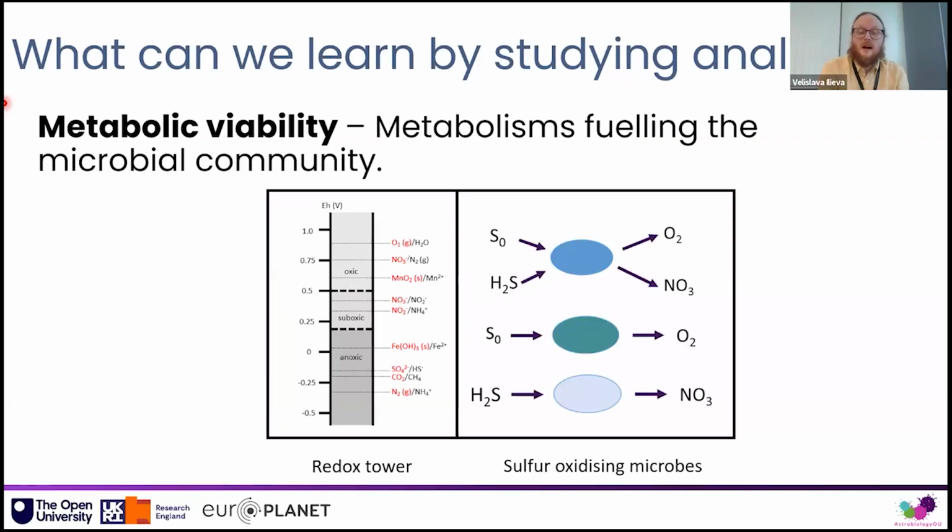And the way that this would impact the community, if we look at these illustrative but representative of real species sulfur oxidizing microbes, you can perform the oxidation of reduced sulfur species with a variety of sulfur species and a variety of terminal electron acceptors, either in an aerobic or anaerobic fashion using oxygen or nitrate respectively. So dependent on the availability of these substrates and the relative abundance of these, that then means you would have selection for some specific variants and some specific metabolisms over others.